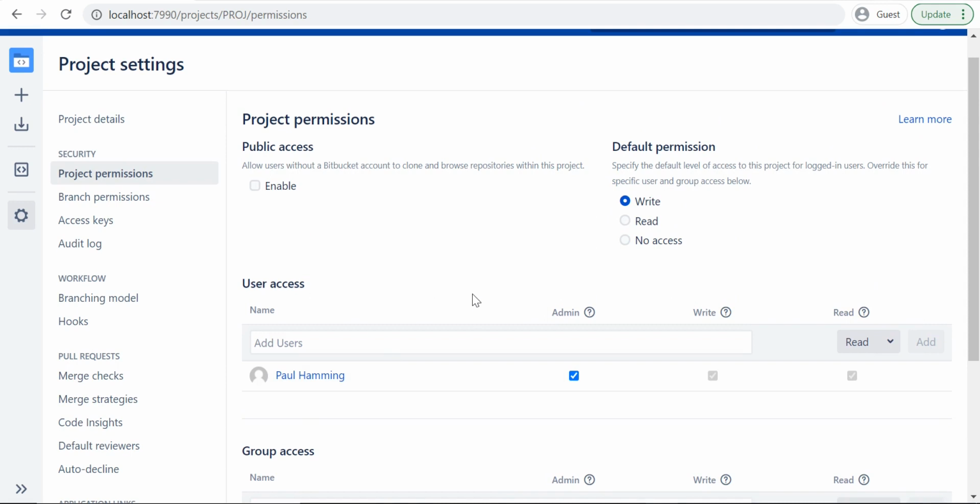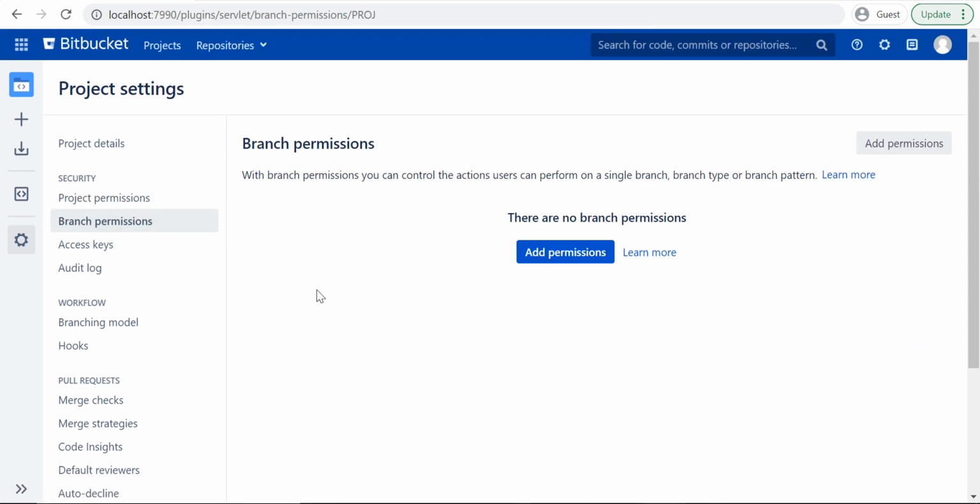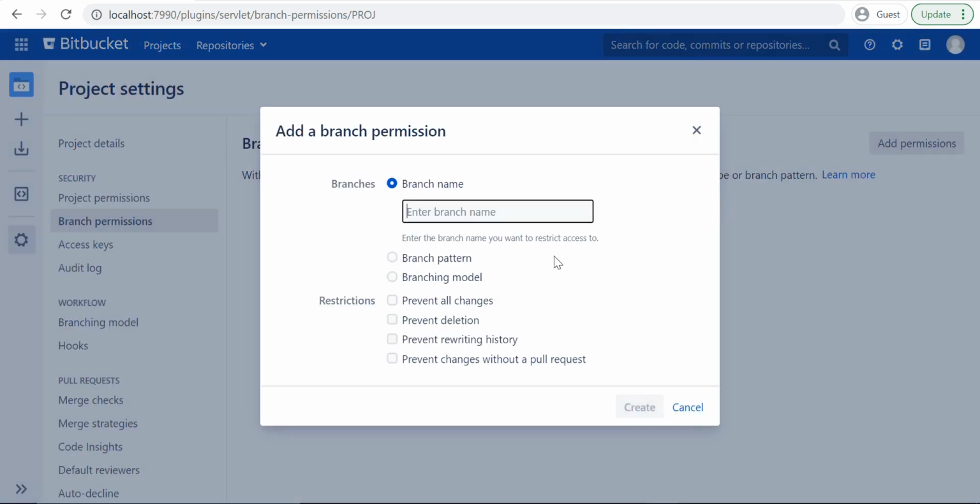Next we have branch permissions. With branch permissions, one can control the actions a user can perform on a single branch, a type of branch, or on a pattern. To add a branch permission, click on Add Permissions. So in branch permission, we have permissions based on the branch name, branch pattern, and then we have the branching model. Let's say